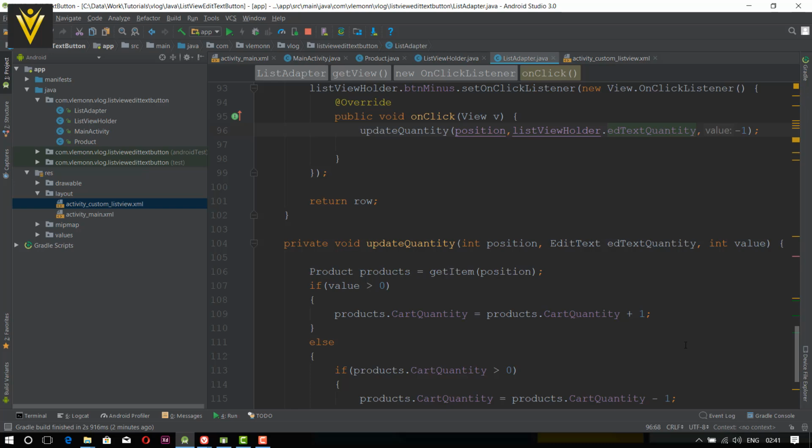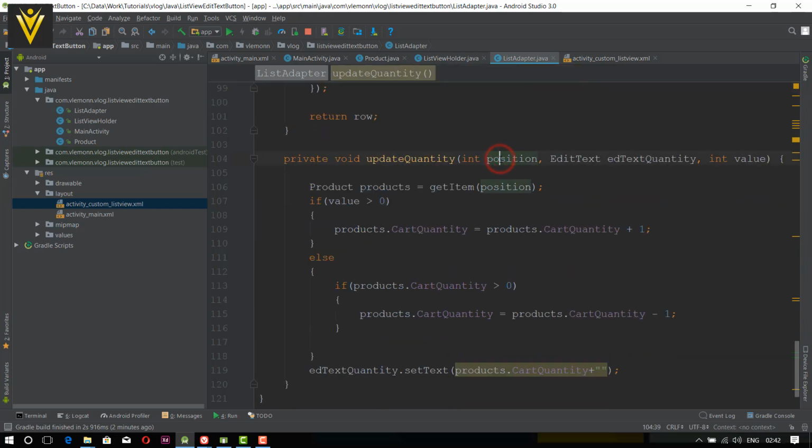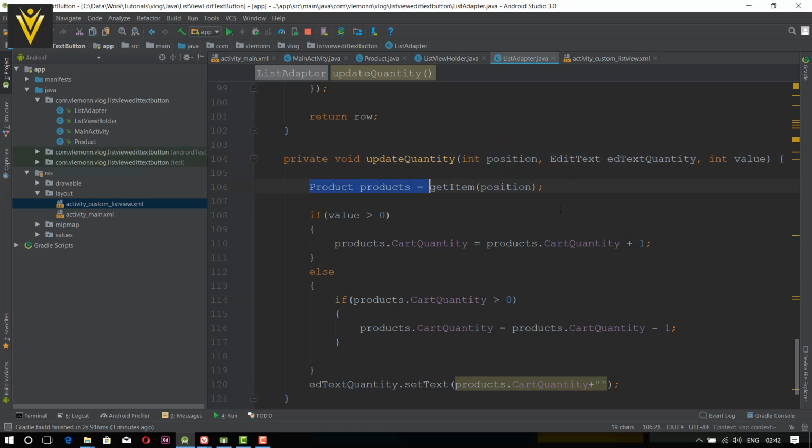And this is the code for update quantity. Inside this we have 3 parameters. One is the position, second is the edit text, and the last is the value. Based on the position, we are fetching the product for which we need to change the cart quantity. If the value is greater than 0, then we are performing an increment operation. We are adding a +1 inside our